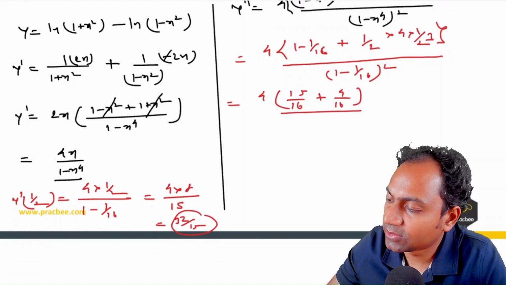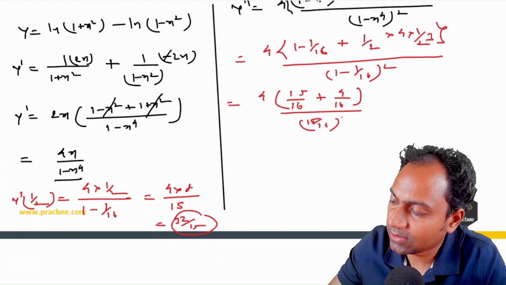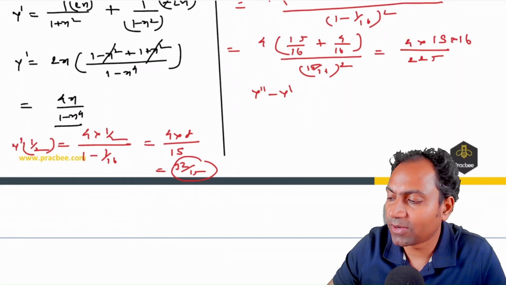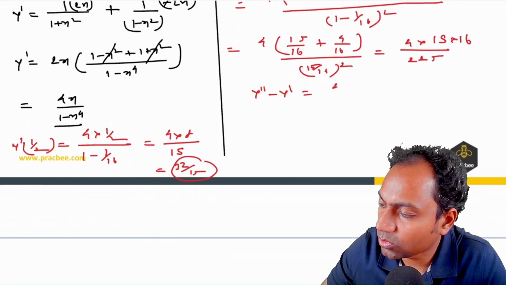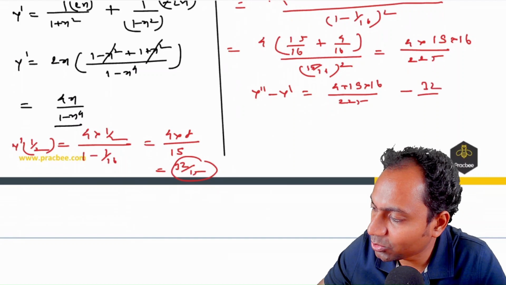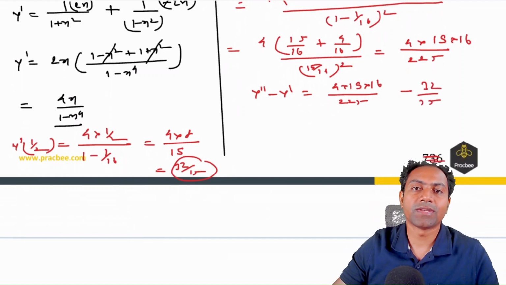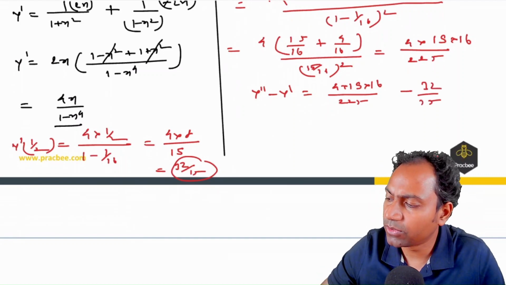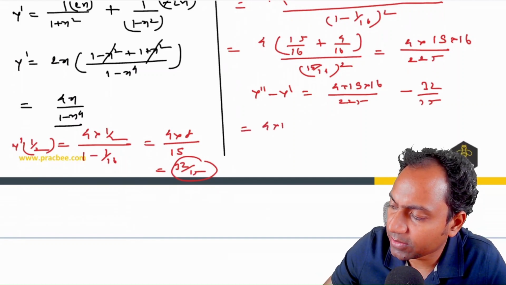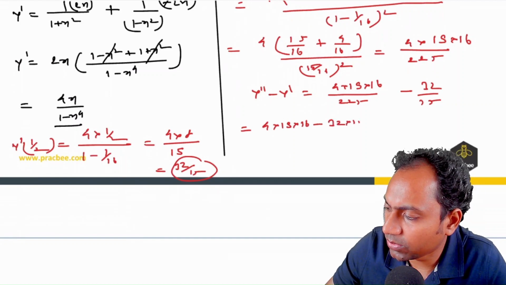And when we divide, this becomes 15 by 16 whole square. Now if I find the value of y double dash minus y dash, it comes out to be 4 into 19 into 16 by 225 minus 32 by 15. So if I simplify and find the value of 4 into 19 into 16, and if I take LCM, it is 4 into 19 into 16 minus 32 into 15